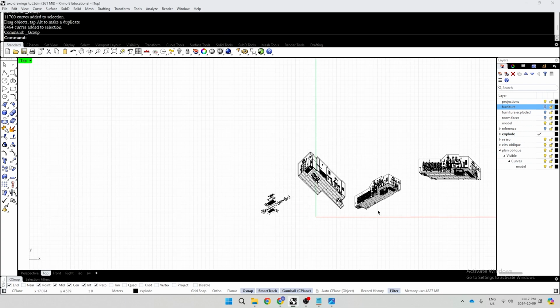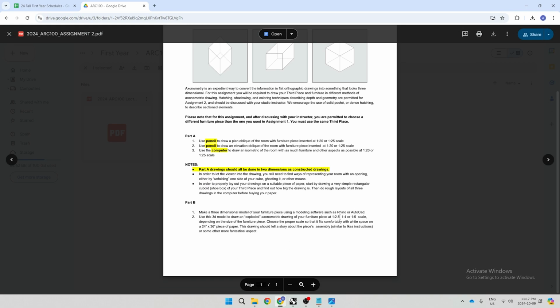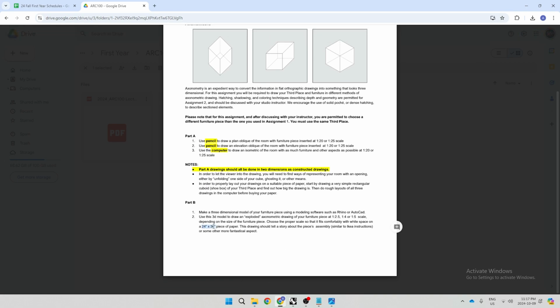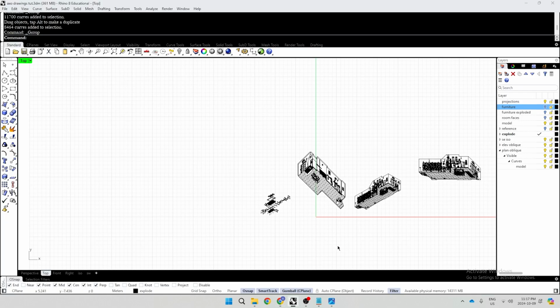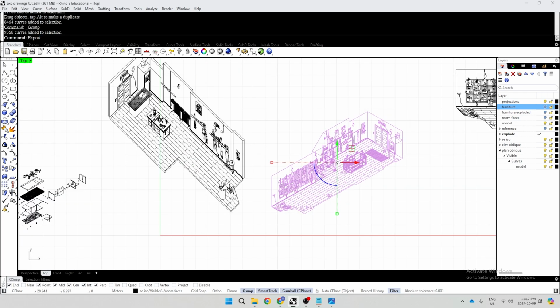Alright, let's see the syllabus. You guys have to fit the drawings into a 24 by 36 piece of paper. And the furniture can be a 1 to 2.5, 1 to 4, or 1 to 5. Okay. Usually I scale my drawings when I export to Illustrator. So export